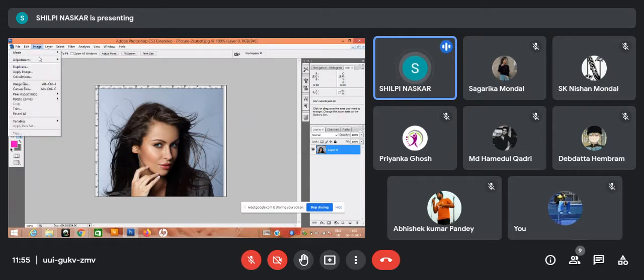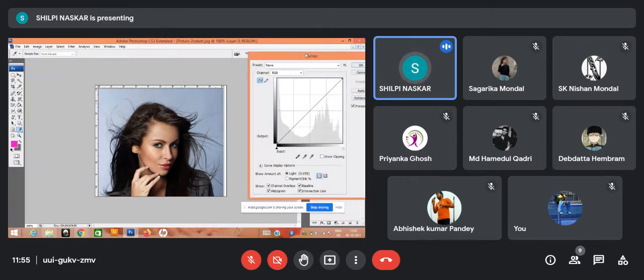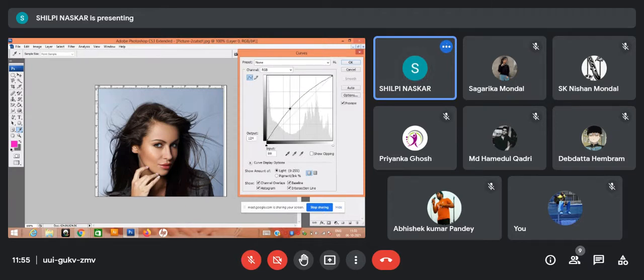Now say if you have clicked your picture and your color, your initial lighting was not good, because you haven't clicked the picture in a studio, so the light was not coming in properly from all over the places, and you want to edit it. See, in a single click you can change the lighting of that particular picture instantly by using this.